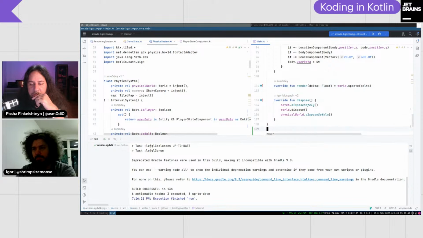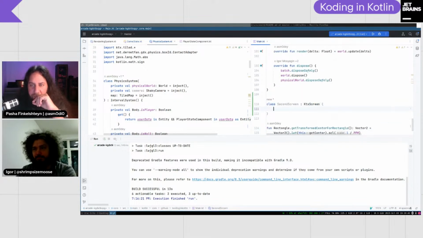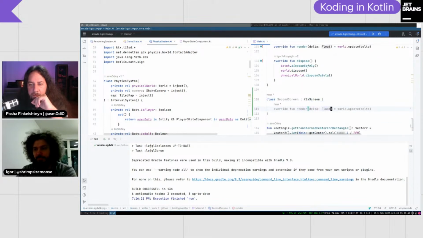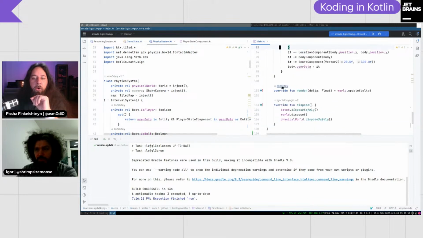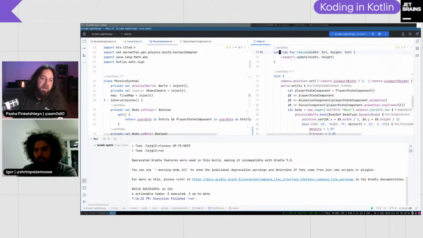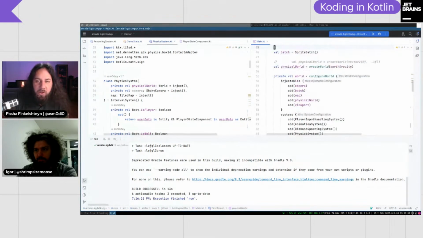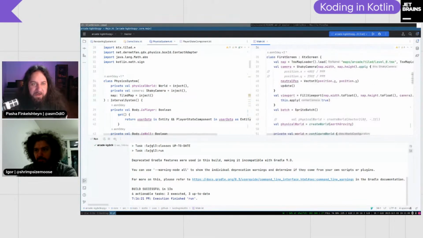Yeah, this one. But we don't have a batch there, so we should create a batch, probably. Or we can just copy paste the code from the rendering system. We need only the simplest thing, like clear screen.